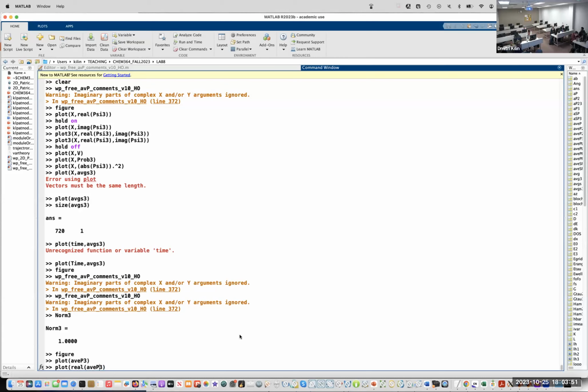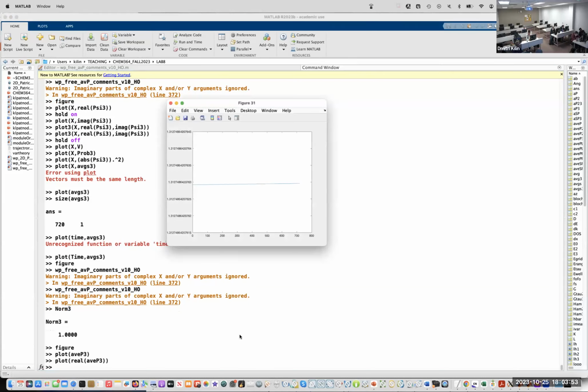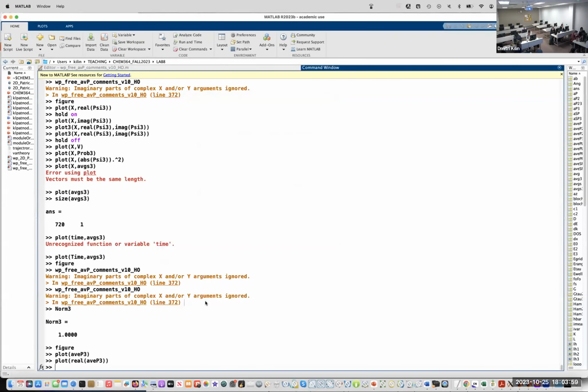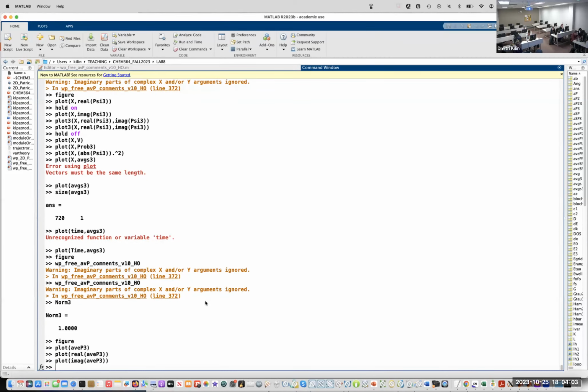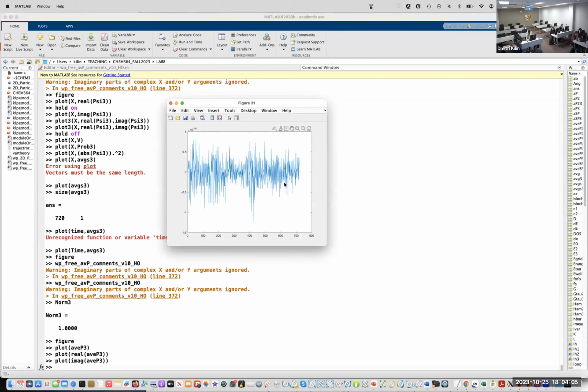As we define momentum, it should be real, but through the procedure, and for free space, it doesn't change over time. It's a constant. If you look for imaginary, it should be close to 0, but there are some numerical fluctuations.